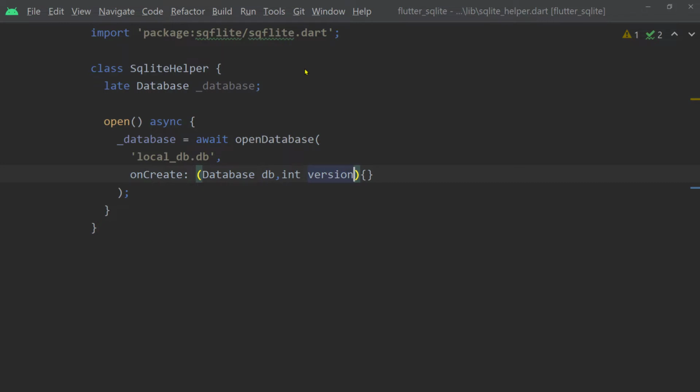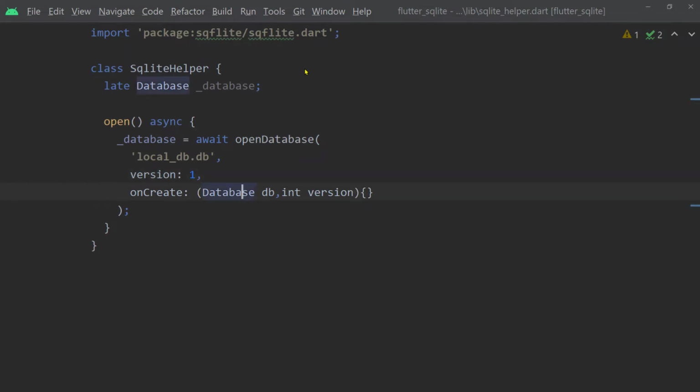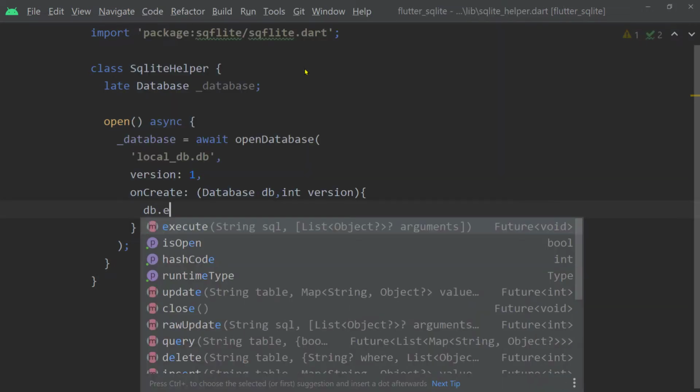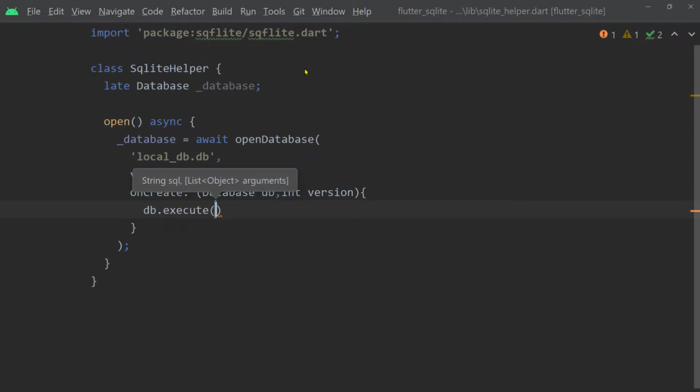This function gets two arguments. First is the instance of the class Database using which we can create a new table inside the database, and then the second is an integer representing the version of the database. There is another parameter of openDatabase named version, using which we specify the version of the database, and through the second argument of this onCreate function we get that integer itself, the version that we specify using the parameter version. So inside this function we are going to call the function execute of the database instance, and